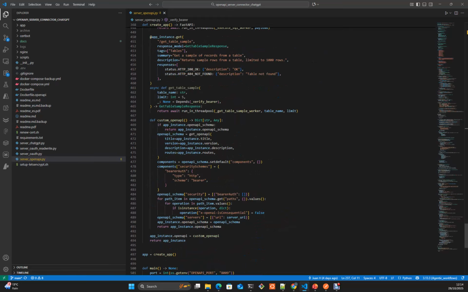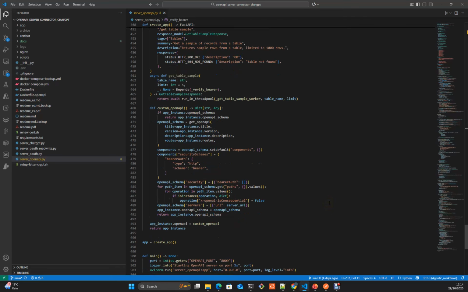Here is the custom OpenAPI. We are simply creating a custom schema, where you can check that we are defining the different security schemas. In the case of ChatGPT actions, you can define only one security schema.